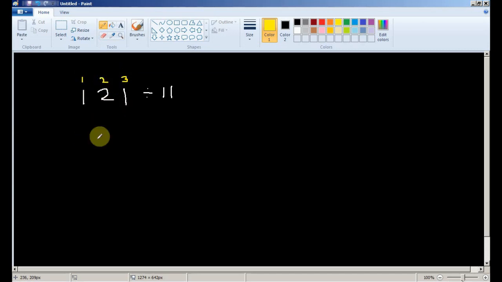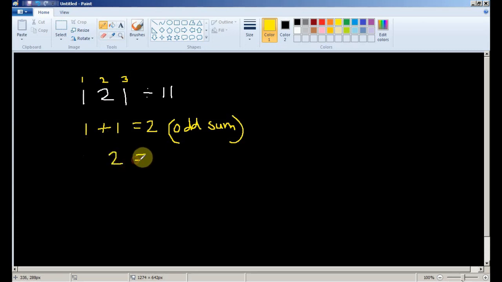So you have to take the sum of all the odd positions, which is 1 plus 1 equals 2. This is the odd sum. Next, you have to take the sum of all the digits at the even positions.